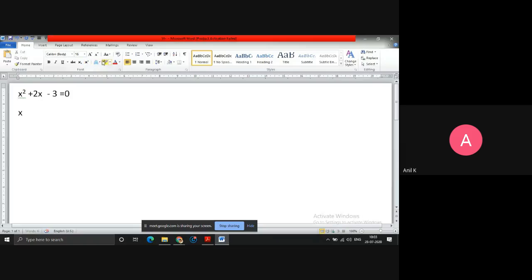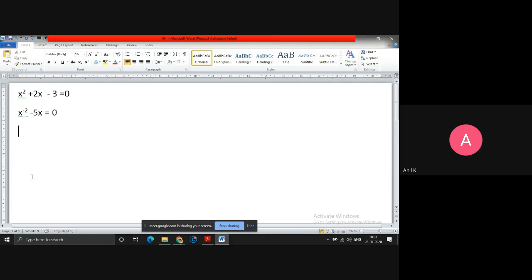Now, if I have something like x to the power of minus 2 minus 5x is equal to 0, can we say this is a polynomial? Obviously, this is not a polynomial because you have x to the power of minus 2. If the exponents are negative numbers, then we say it is not a polynomial. Even if the exponent is a fractional term, it is still not a polynomial.